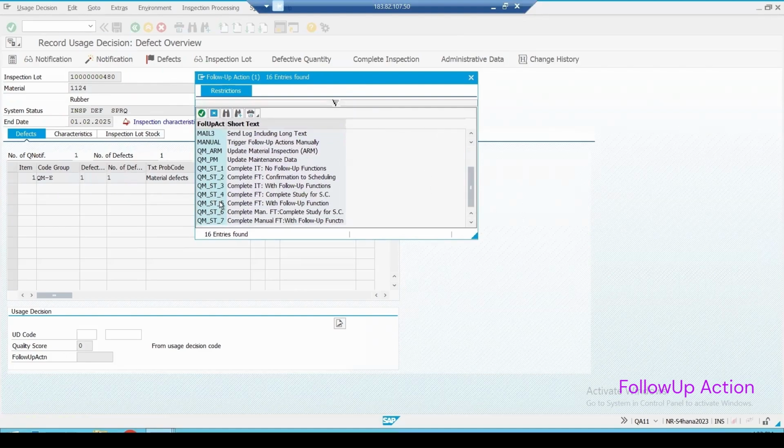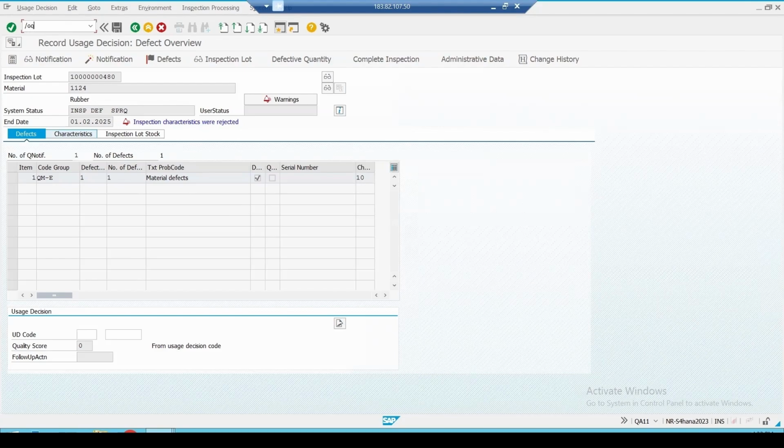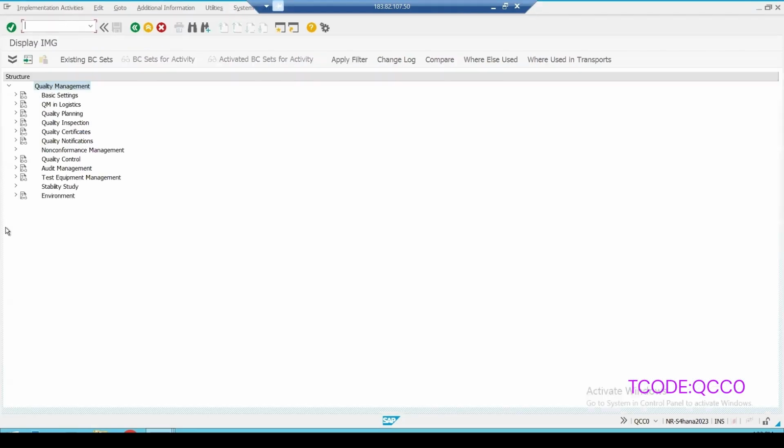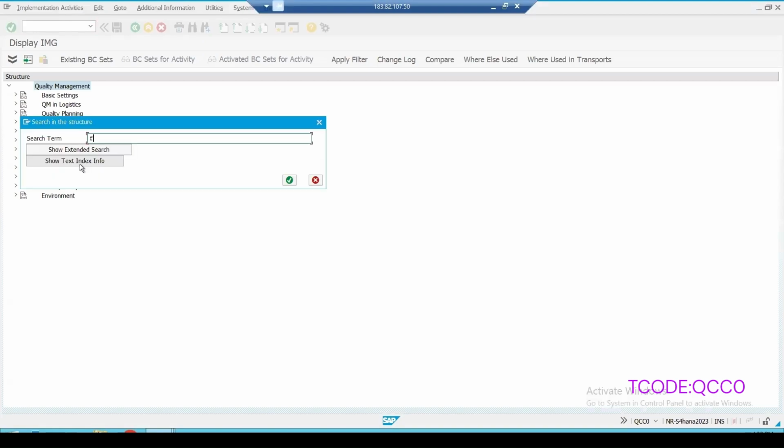Okay. So if we go to the configuration, because these are the things which are coming from the configuration, and in that also we can create a notification. That kind of option is there. /o QCC0 enter.